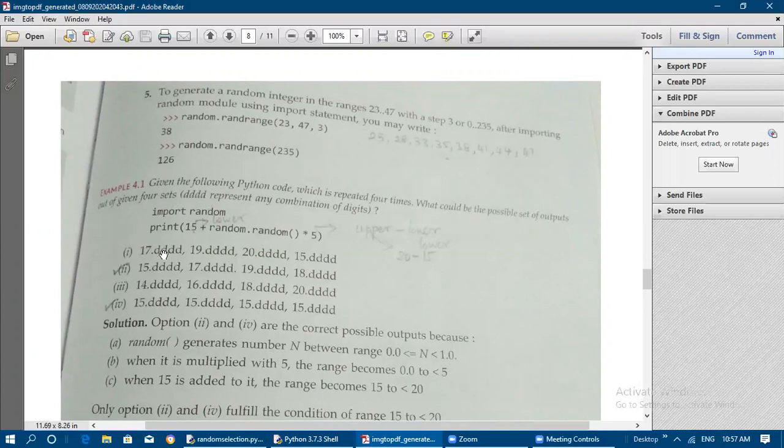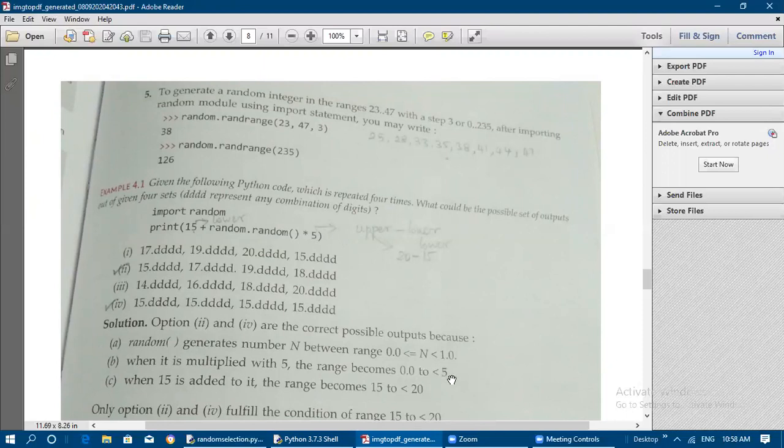Four digits. So import random, print 15, where 15 is the lower limit. First we need to think: this random function will generate a value in the range 0.0 to 1.0, less than 1.0. This is its first definition. Second, if it is multiplied by 5, the range becomes 0.0 to 5. If 1 is the maximum limit by default and it is multiplied by 5, the upper limit will be 5 only.